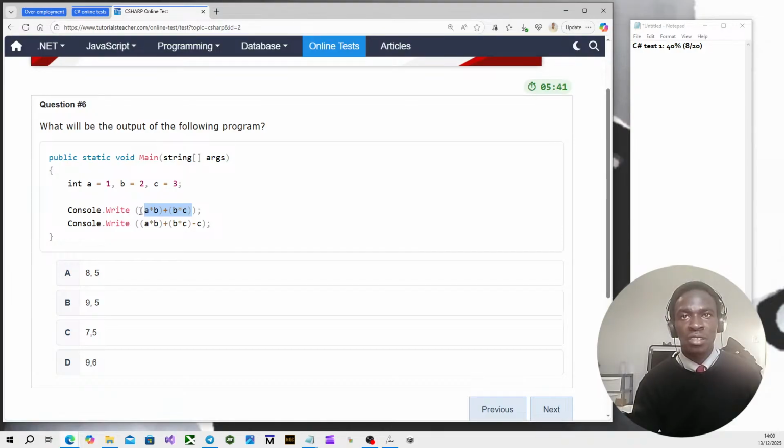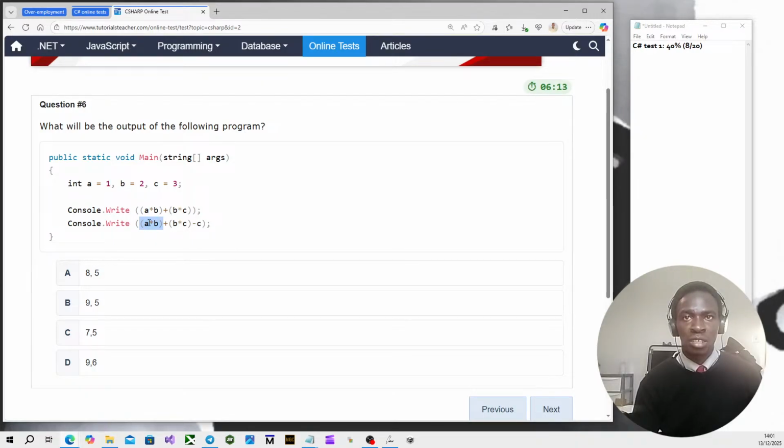So brackets, okay, over division, multiplication. Let's start with multiplication. A times B, so 1 times 2, we've got 2, plus B times C, 3 times 2 is 6, so it's 6 plus 2, 8. We might be looking at A, and by the same BODMAS rule, because there is a way that C# does analyze the brackets.